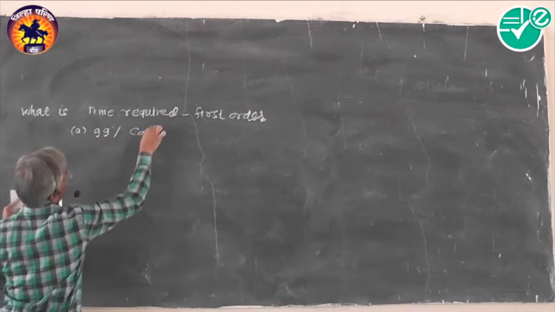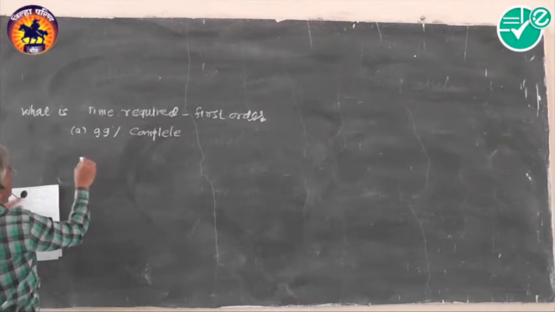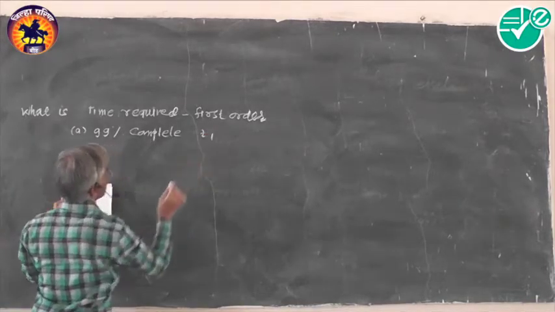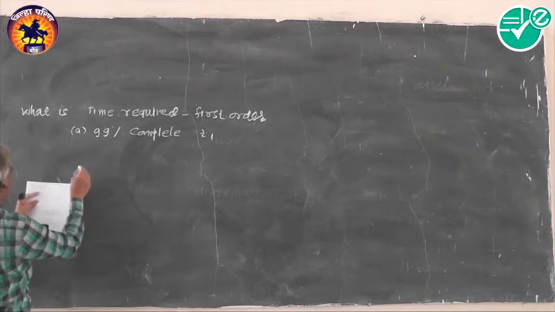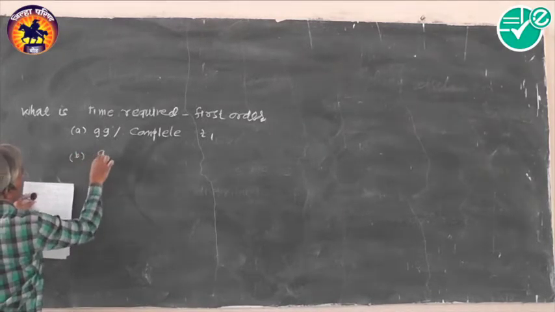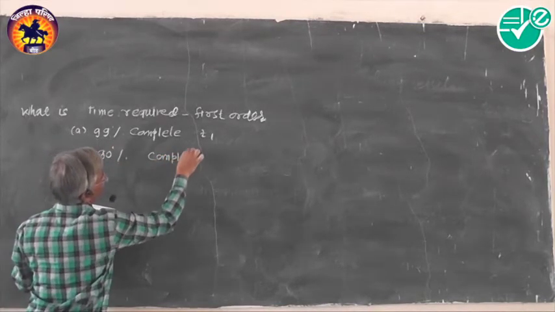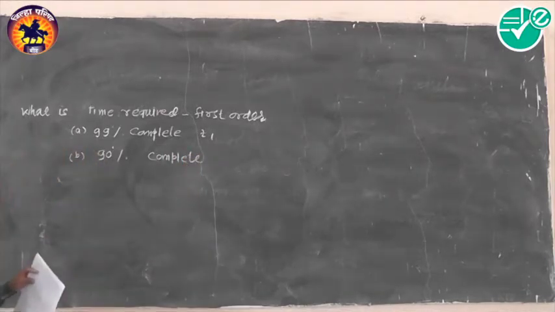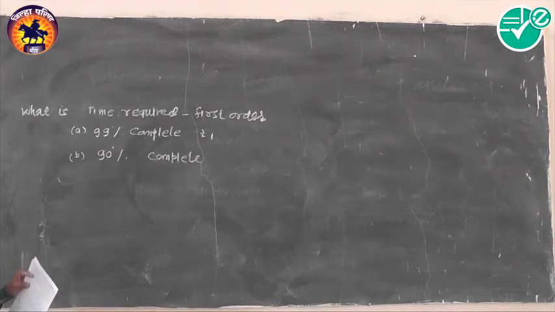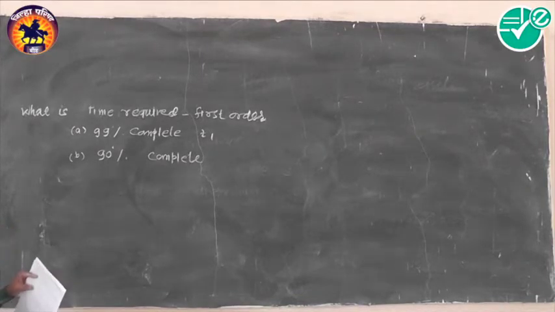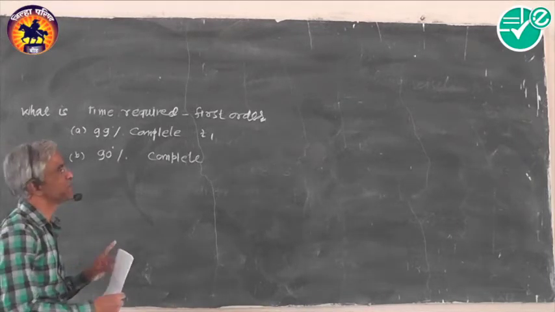99% complete compared to the time taken. Say this will be, we will consider this as T1, compared to the time taken for the reaction to be 90% complete. Now I have already told you that you may have some numericals where the calculations as per your age will not be tedious, and the calculations can be resolved within half a minute.